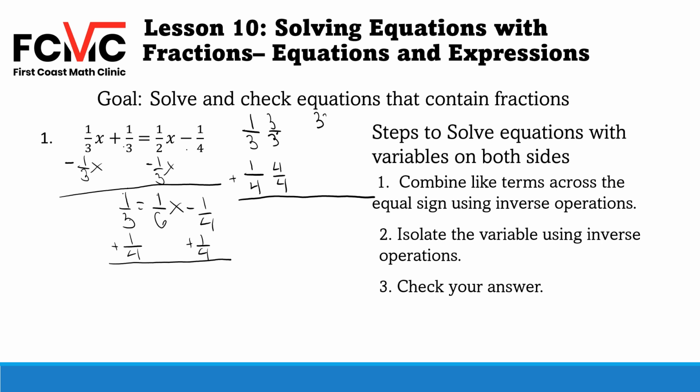Actually, I got that backwards. So let's try that again. So this is going to be times 4/4, and this is times 3/3. So this is going to become 4/12 and 3/12. So when we add this up, we're going to get 7/12. So I've got 7/12 equals